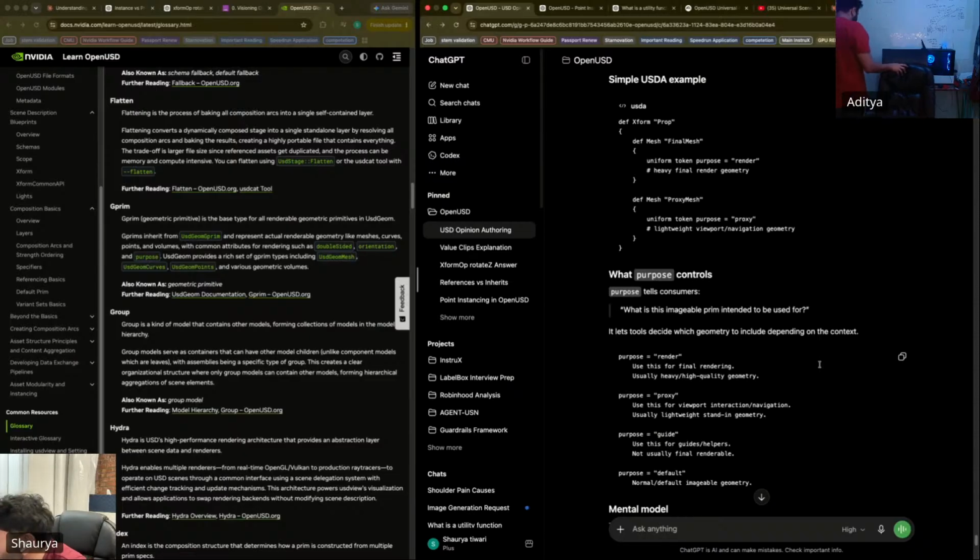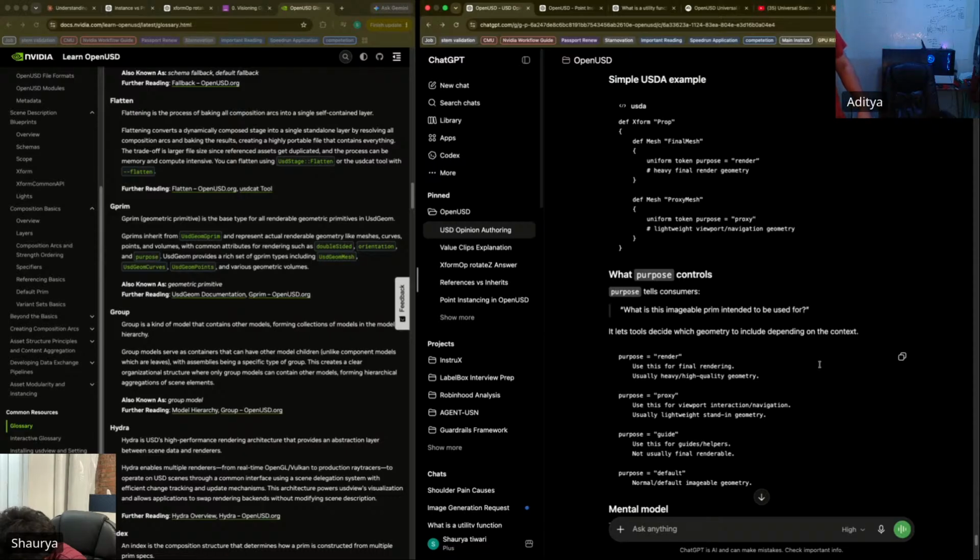Final rendering, heavy, high quality. Proxies, viewport interaction, lightweight.